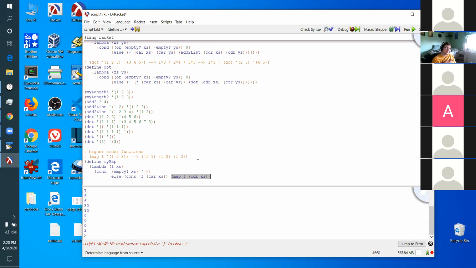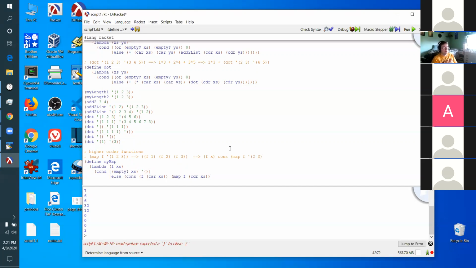Now, if you go up here, you can kind of see that. What is that? That is f of x cons onto the map of f on the list